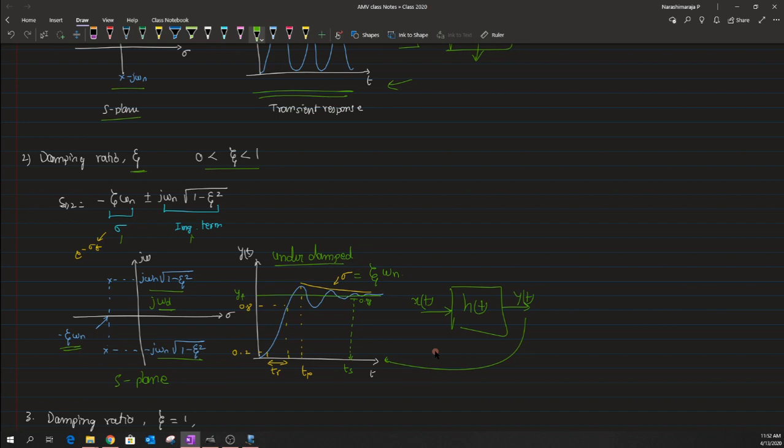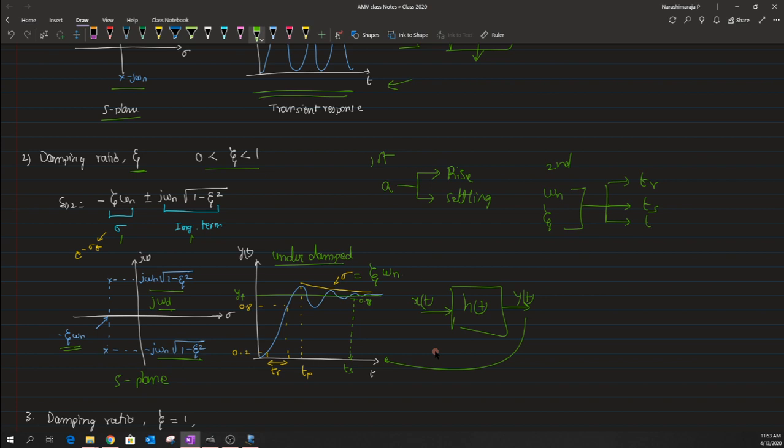in the case of a first order LTI system, we had a single parameter a, and that single parameter was utilized to define two other timing parameters. One is the rise time, the other one is the settling time, okay. Whereas in the case of a second order system, we have two parameters, one is omega n and the other one is the damping ratio. So with these two parameters, one could basically define three timing parameters. The one is again the rise time, the other one is the settling time, and